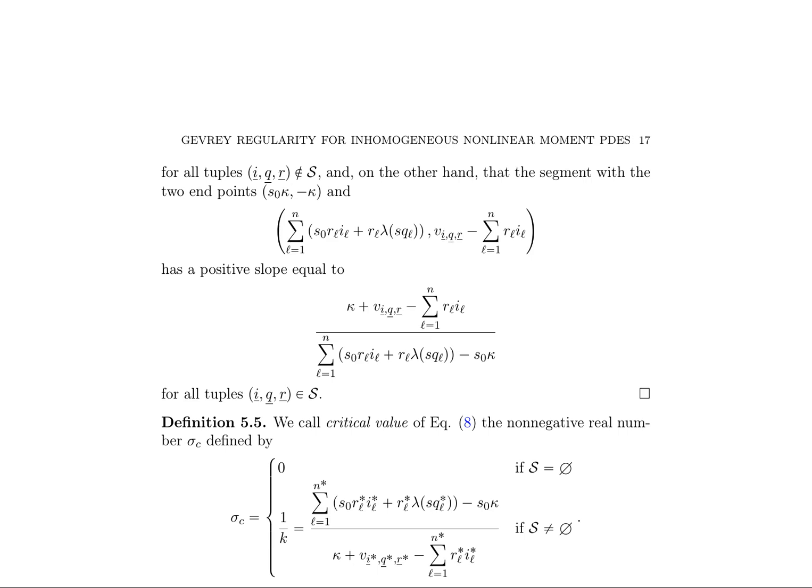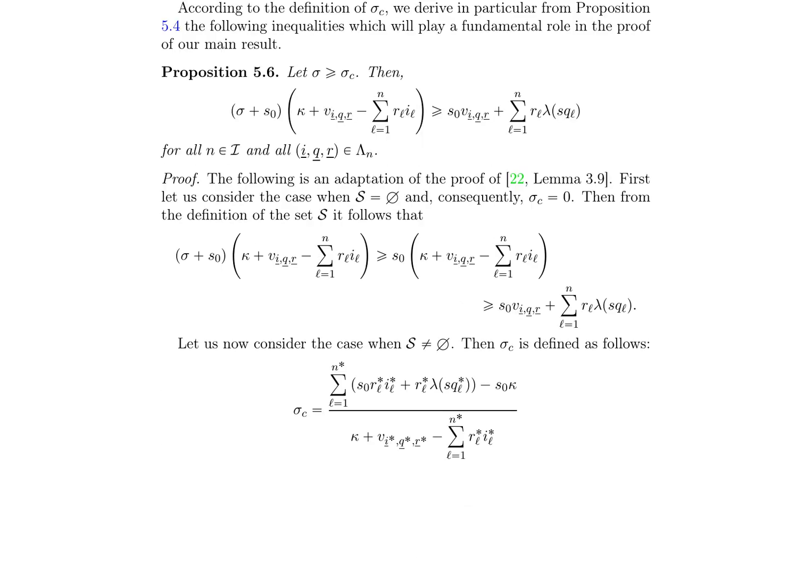The paper introduces the concept of critical value sigma_c for inhomogeneous nonlinear moment partial differential equations, PDEs. Specifically, sigma_c is defined as the non-negative real number satisfying certain inequalities involving the segment with endpoints P_S0 kappa and the other given points. This definition is used to derive fundamental inequalities in proposition 5.6, which states that for sigma greater than or equal to sigma_c, certain inequalities hold for all n in N and all (pi, q, r) element of P_lambda n. The proof of